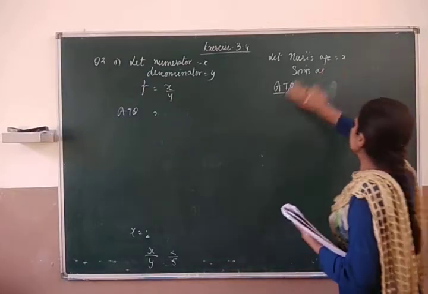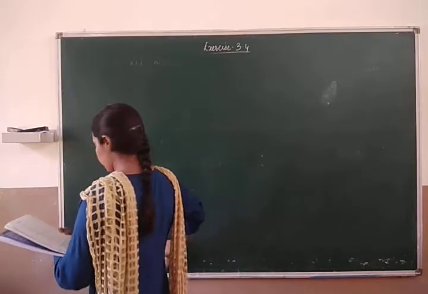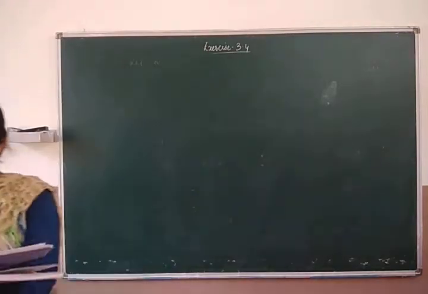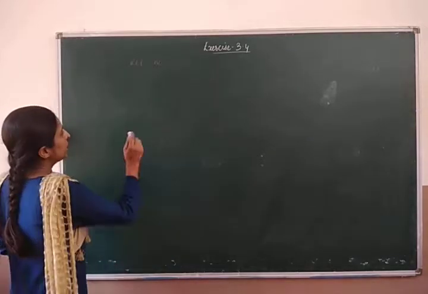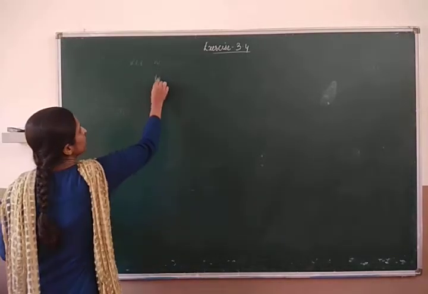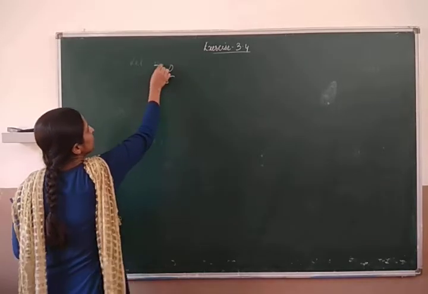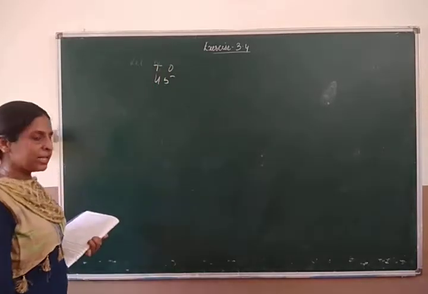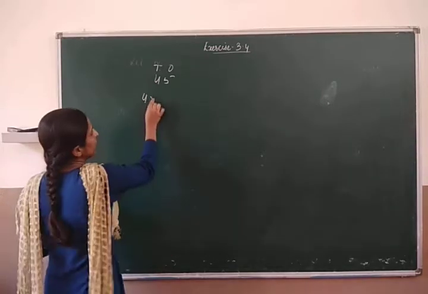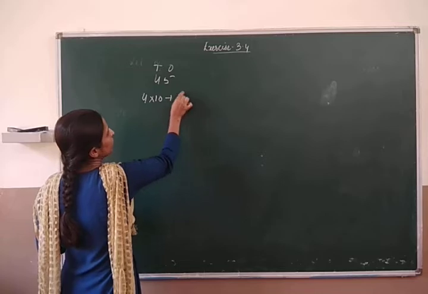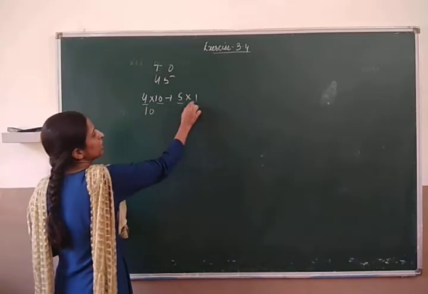So these are the two questions we have done. Question number 3 now, third part of this question. The sum of the digits of two-digit number is 9. Children, I am just giving you an example. Suppose I write 45. It's a two-digit number. One digit at ones place and one digit is at tens place. I can write this number as 4 into 10 plus 5 into 1. Tens place with 10 and ones place with 1.